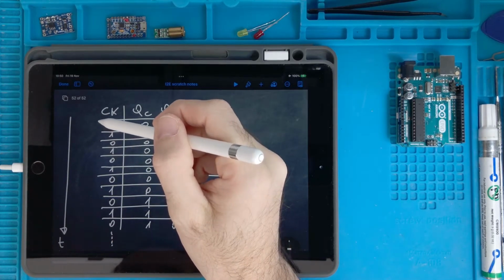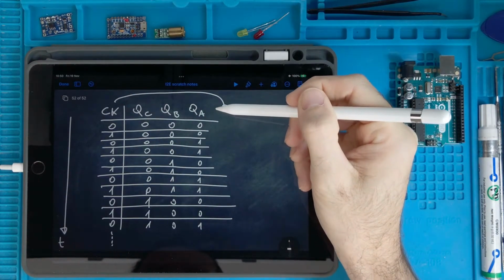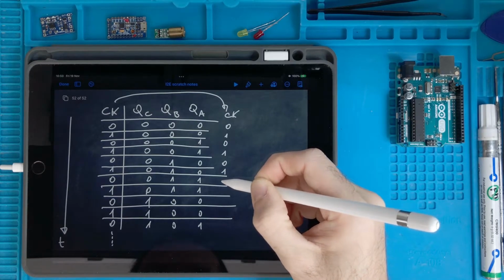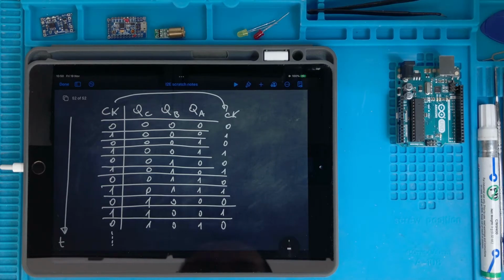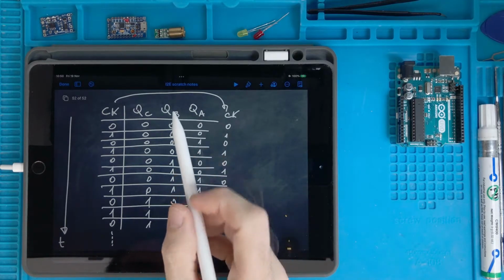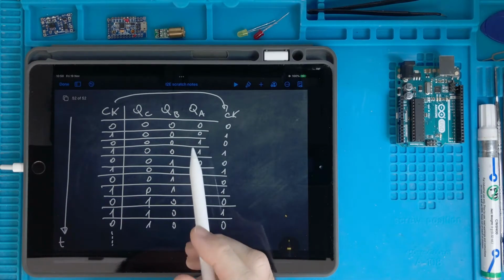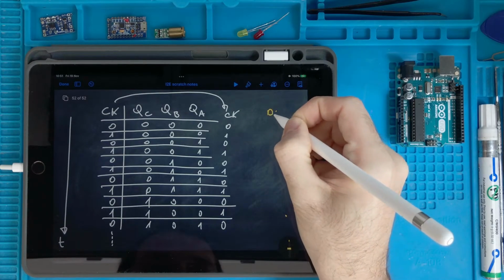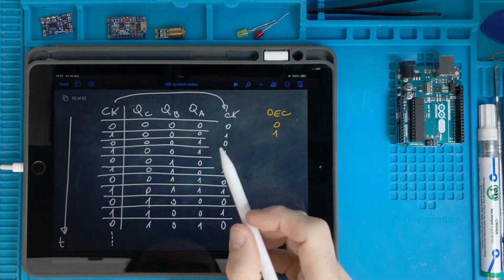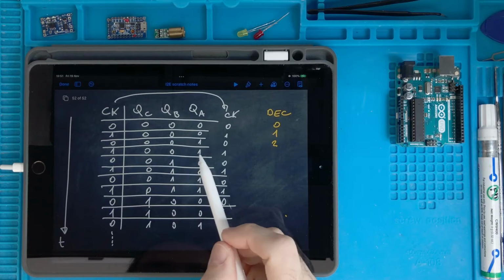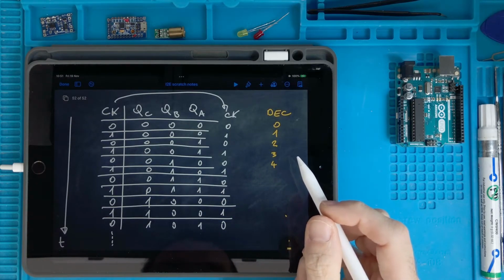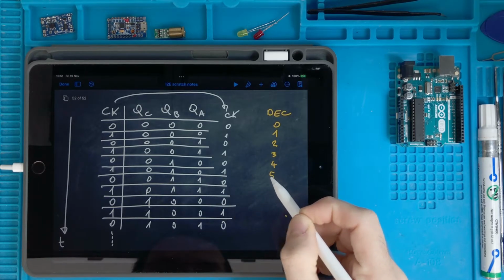So now let me copy the clock column here. 0, 1, 0, 1, 0, 1, 0, 1, 0, 1, 0. Now if we read this table, we have those numbers: 0, 0, 0, 0, 0, 0, 0, 1, 0, 0, 1, 0. So this number in decimal form, 0, 0, 1, 0 is the number 2, 0, 0, 1, 1 is the number 3, 0, 1, 0, 0 is the number 4, 0, 1, 0, 1 is the number 5, and so on,